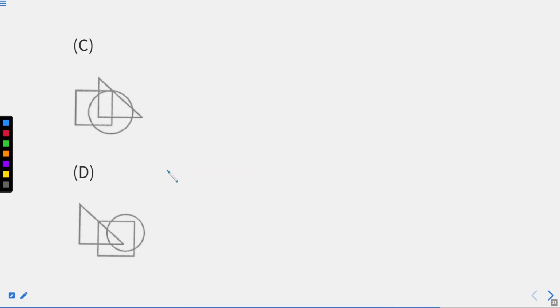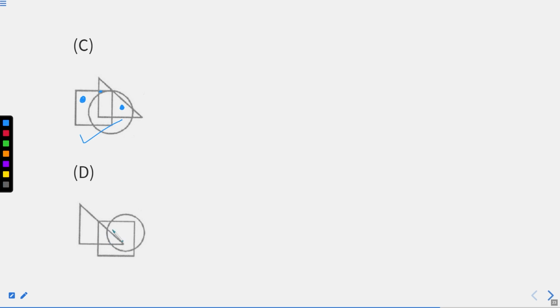Now we'll check the same thing for option number C as well. A square, a dot can be placed here. Now we need a square and a triangle, which is partially available here. Let's just consider for the time being this is a point, right? And for the third we need triangle and circle. This thing is here. We have to check this figure as well because this may be a printing error, but although this satisfies the situation.